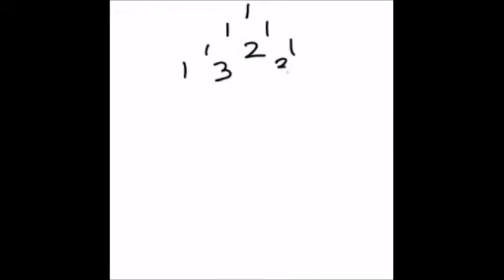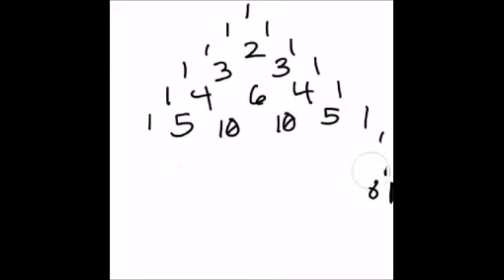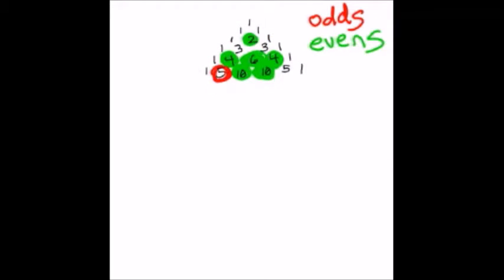Let's draw out Pascal's triangle to a couple of pitches. I ran out of room and decided to delete a few pitches and shrink the image. I'm going to color code these numbers based on evens and odds. Because math never changes, we can come up with a set of rules.